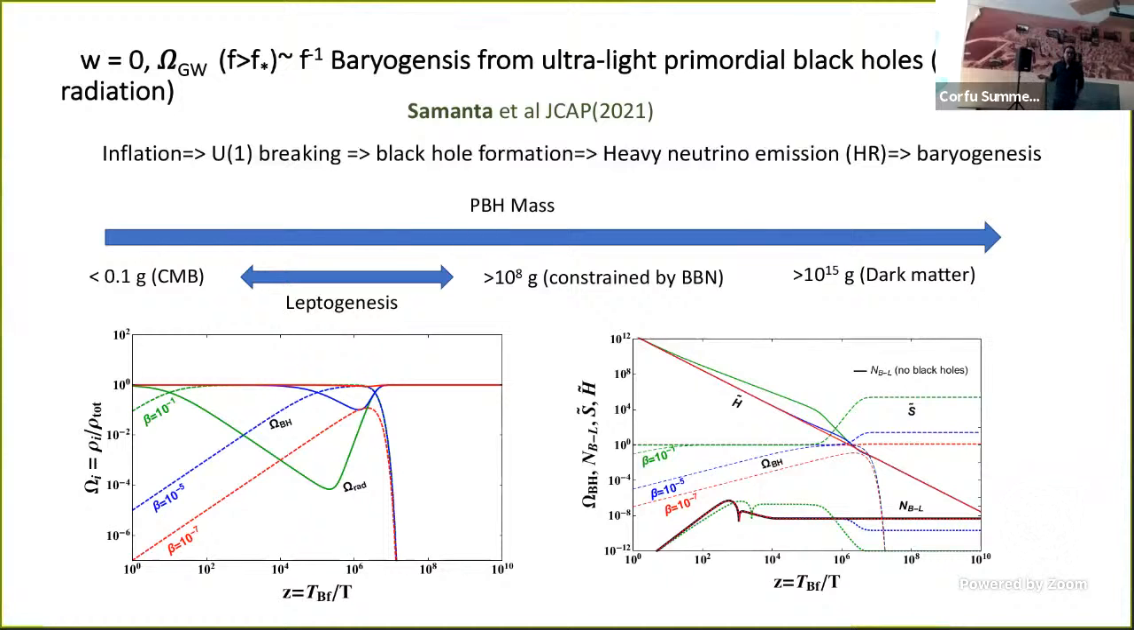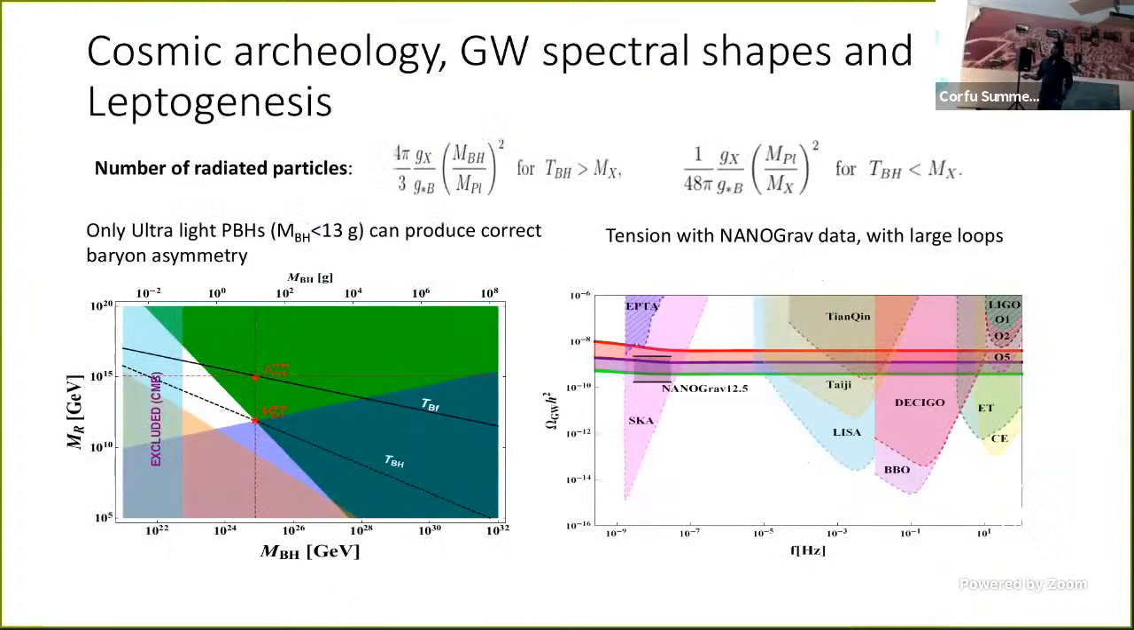For example, if you want to consider thermal leptogenesis in this scenario, you can show that the final asymmetry is diluted by black holes. So whatever you get comes only from the right-handed neutrino production from black holes. So this is a typical allowed parameter space for black holes, where only black hole masses less than 10 to the 13 gram can generate the correct baryon asymmetry, and the corresponding gravitational wave amplitude I showed in this plot. It's really at the level of LIGO and passes through NANOGrav for 3